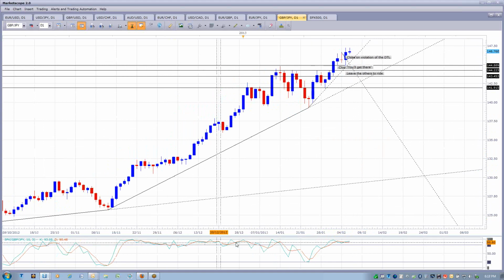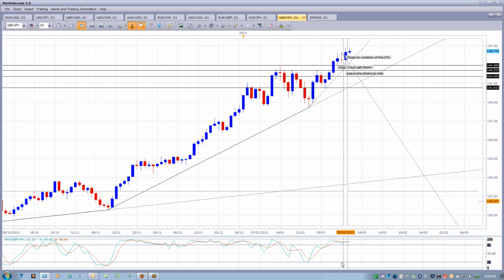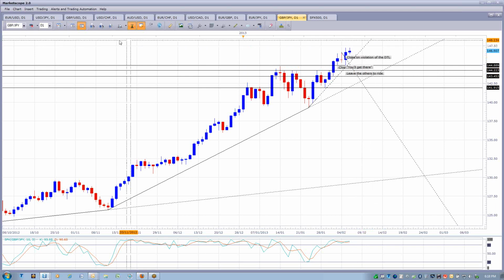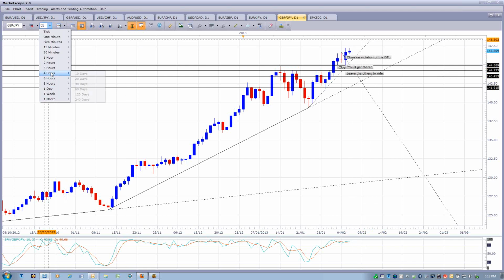but that doesn't really mean anything. It's been like that in the past as well. A little bit of divergence here as well on the stochastics, so it could be a time to correct itself, possibly down towards this uptrend line around the 144 area before prices can just come down to test this trend line before prices moving towards the upside. On the 4-hour chart,